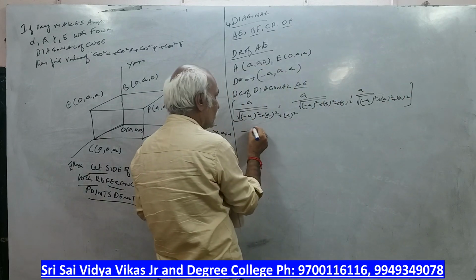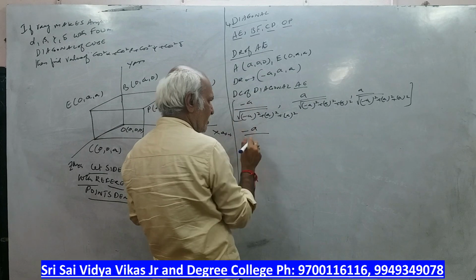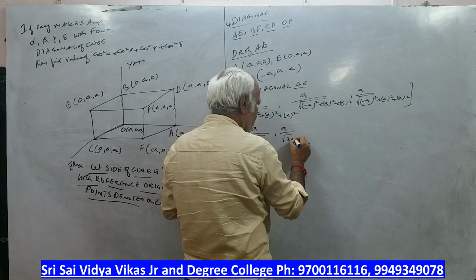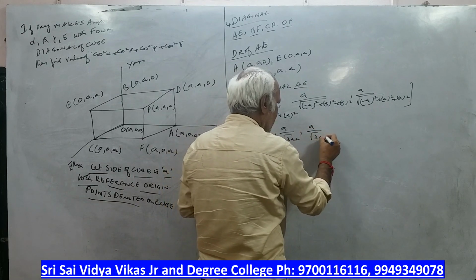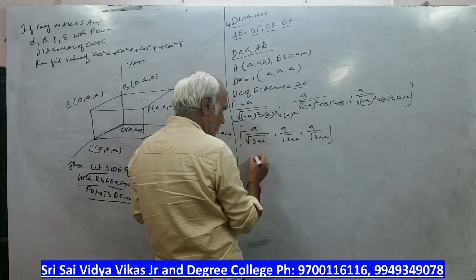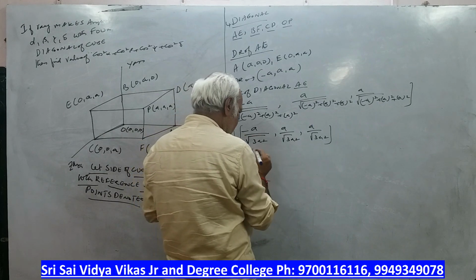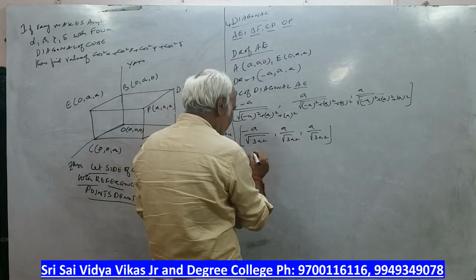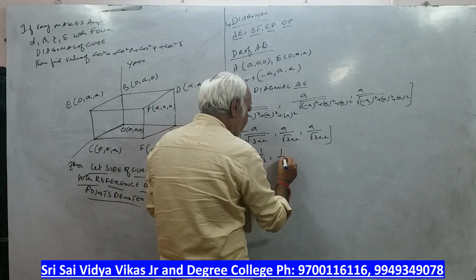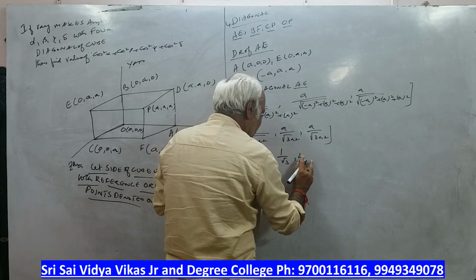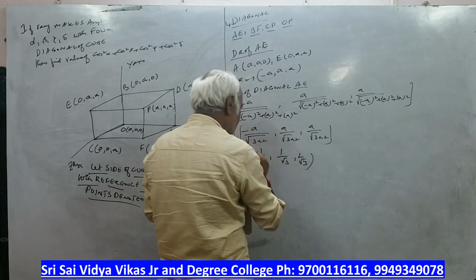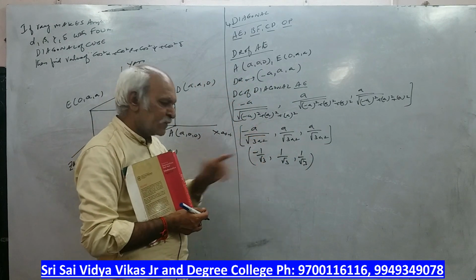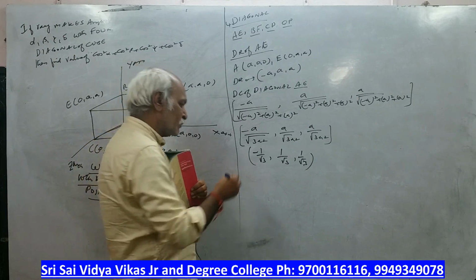So this becomes minus a by, here there is no modulus, simply you write. So this becomes a by root 3a square. The square root of a square is a, so that a will get cancelled. So we get minus 1 by root 3, 1 by root 3, 1 by root 3. Now,